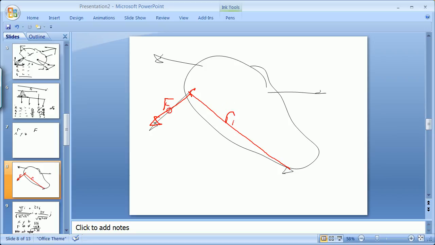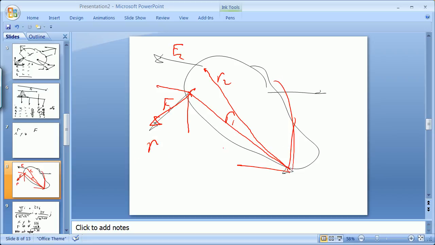Radial vector 1, force vector 1, radial vector 2, force vector 2. And once again, you just break these into components, and have a table of the radial vector and the force vector, ijk, ijk,